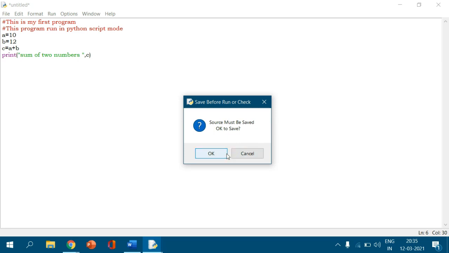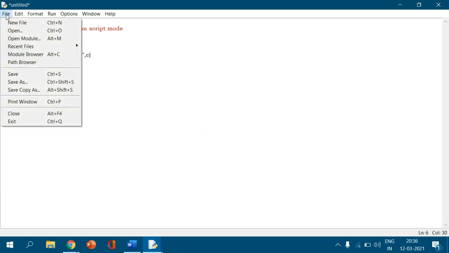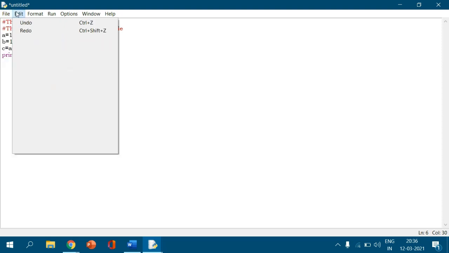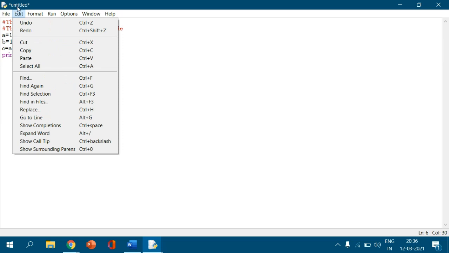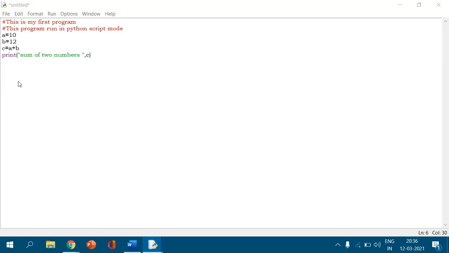Suppose here we press OK, otherwise we go to File and Save. That means Save or Save As, because Save means this title is untitled, saved as untitled.py. So for that reason I am going to give my own name. For this reason I press Save As.